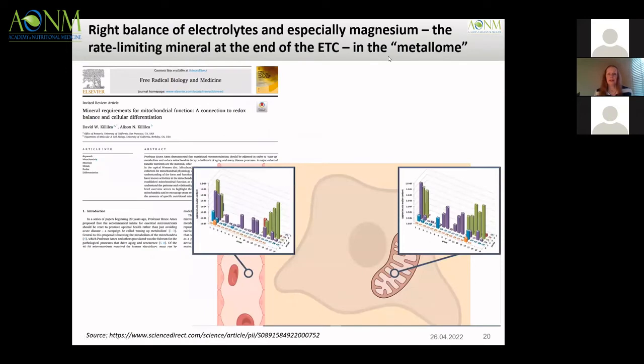The next article that I've highlighted here does show how very different the pathway or the utilization of minerals is, or maybe in mitochondria compared to in the serum. And so this is actually a lovely article with lots of figures in it, detailing exactly what minerals they found in the mitochondria versus the serum in the cohort they used. I won't go into the details of it now. I did notice that there's very, very little calcium in the mitochondria, for example, whereas there's definitely more copper, and